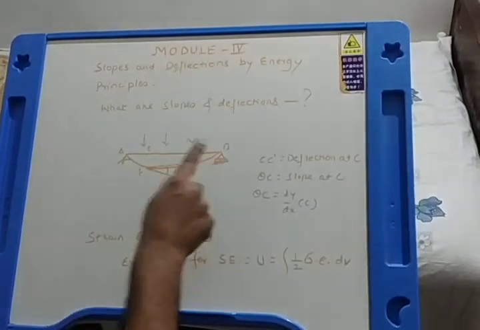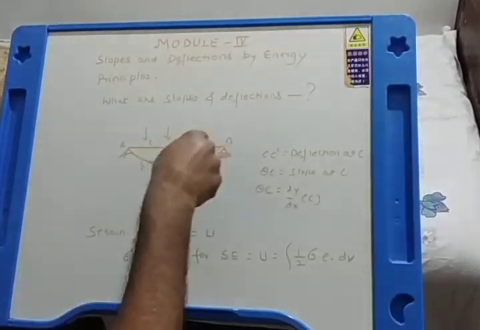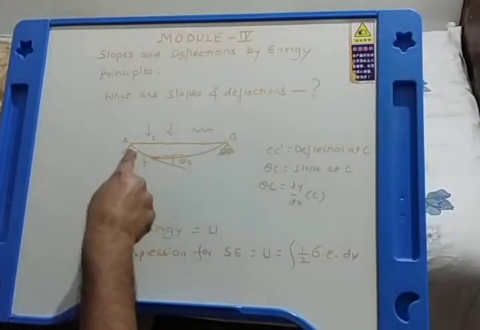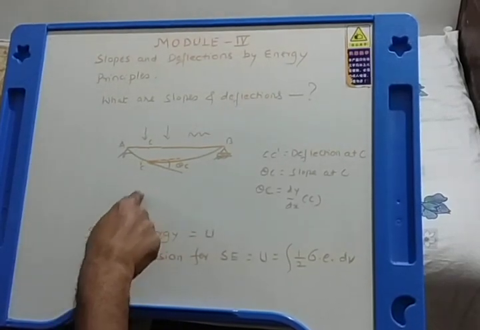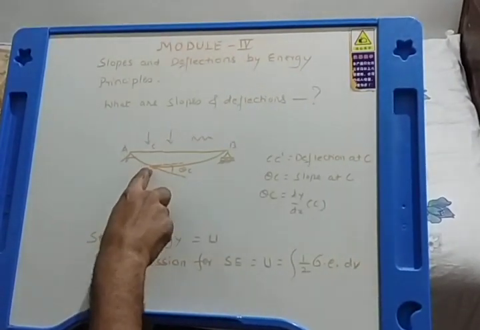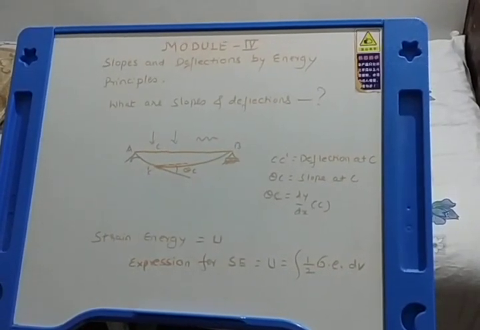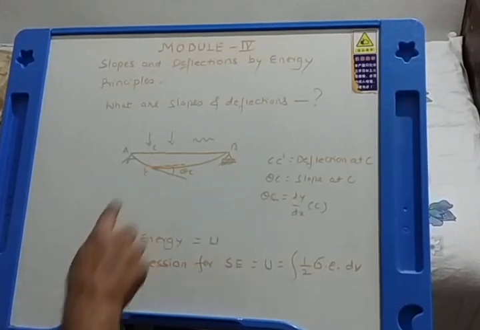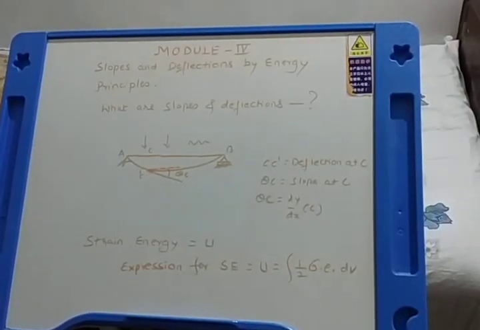For that I have taken a beam AB, which is loaded. It's a general loading, point loads and then UDL. And the beam is naturally going to deflect like this. And when the beam deflects or bends, I have taken point C under consideration. Point C, which was there earlier, has come to a new position C dash. The vertical distance between C and C dash, we call it deflection at C. And it's a very small value.